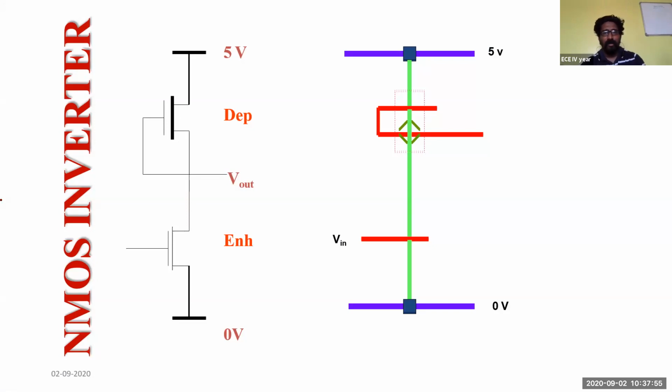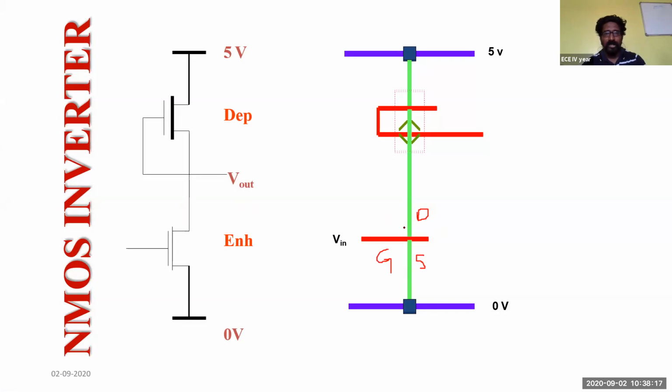See here, we have drawn one. This part will act as your NMOS inverter in the stick diagram. The bottom one, this is your NMOS inverter. This is the drain terminal of this NMOS inverter, and this is the source terminal. And this is the gate terminal. You can see the different colors also.